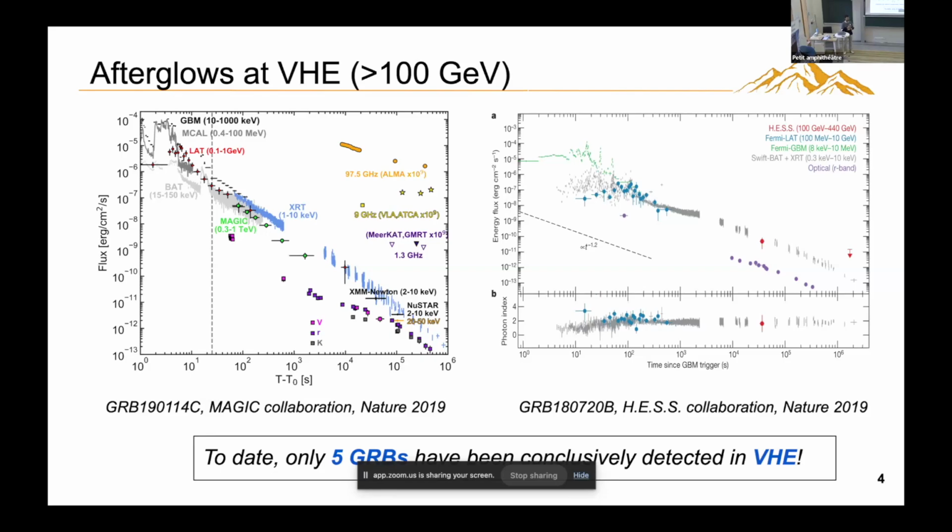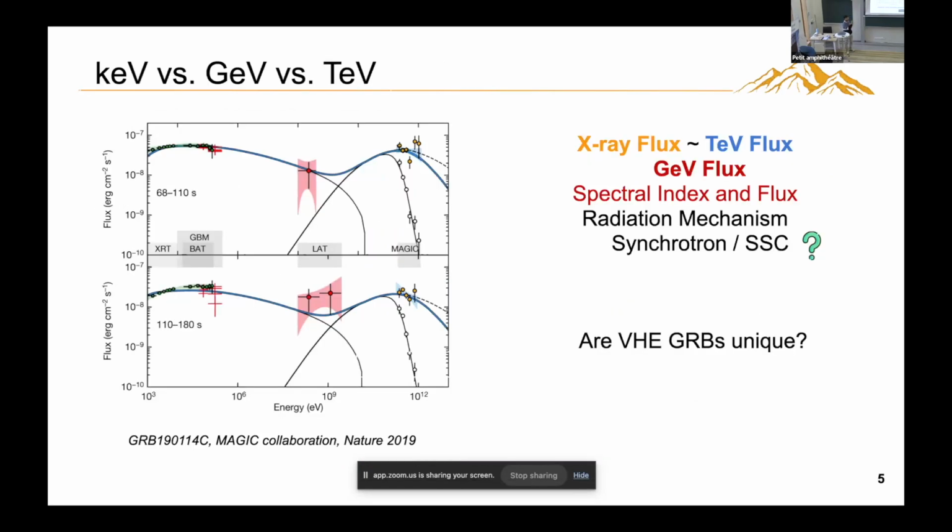With all this advancement, but given the limitation of these IACTs, imaging atmospheric Cherenkov telescopes, so far we have detected only 5 GRBs in the very high energy domain. The emission in the high energy gamma rays, corresponding to the GeV, differs from the other in its shape and spectral index. So they can give us knowledge about the radiation mechanism which plays a role there, such as whether it is synchrotron or SSC.